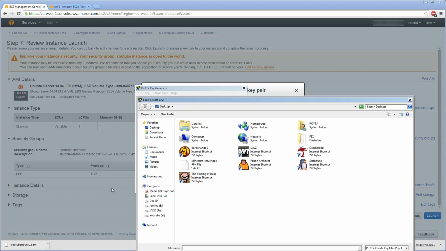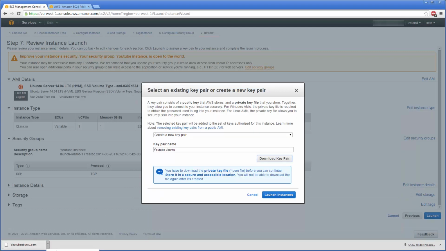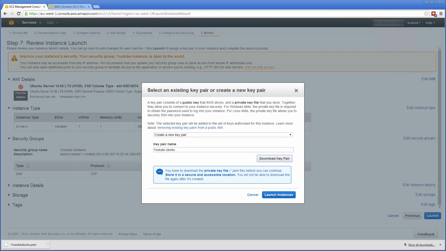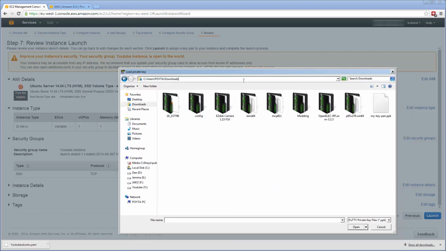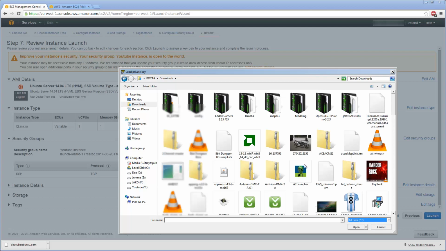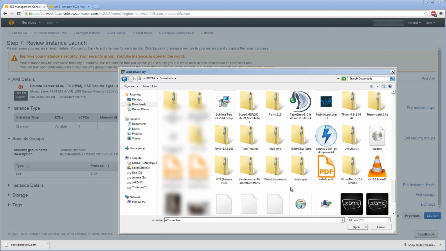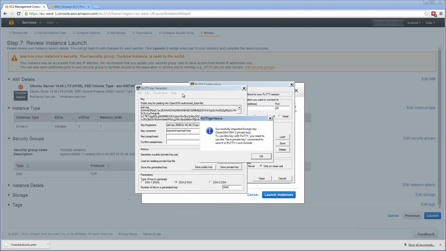So click load, search for it. For me, it's going to be downloads, I believe. Nope. Let's see where it's in here. That's the wrong one. That's the correct one. Sorry, it was the correct place, but I have a PPK in here. So let's go all files, and then it was YouTube Ubuntu. There it is, YouTube Ubuntu.pem. So open it into the PuTTY key